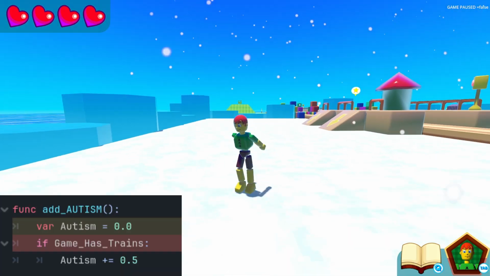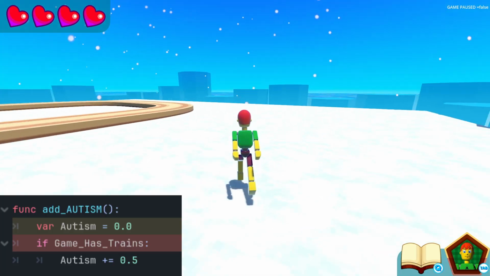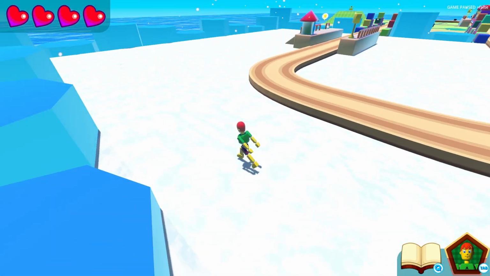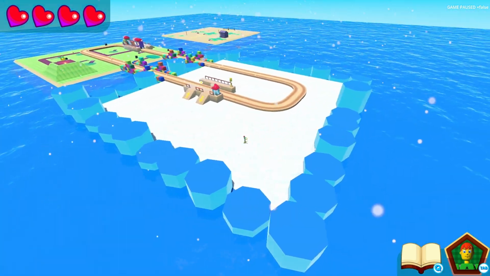Now my game is 50% more autistic, I think this is a good time to focus on building onto the Icy Kingdom. I have ideas for pine trees and a Yeti NPC, so join me next time if you enjoyed,